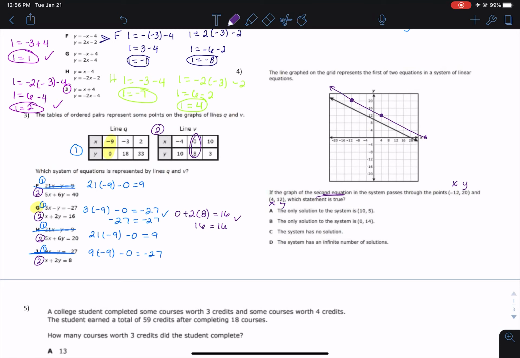The solution to this system is where your 2 lines touch, but these 2 lines will never touch each other. So we say the answer is C, no solution. On your page of notes, I want you to write down, if there's no solution, that means they're parallel, right? So I want you to write parallel